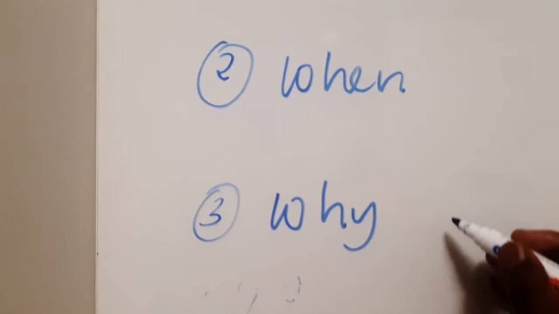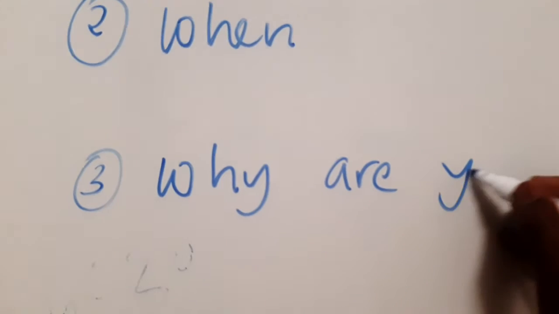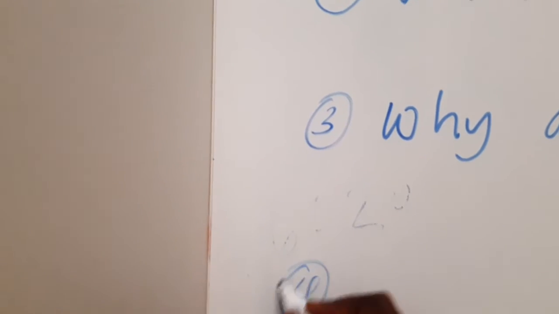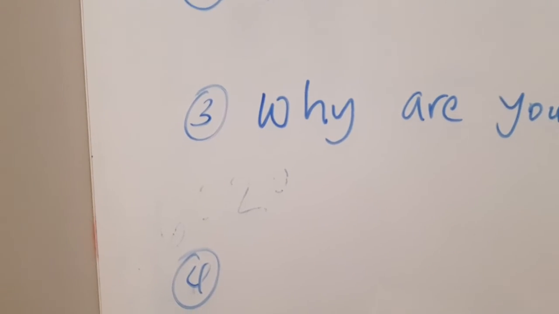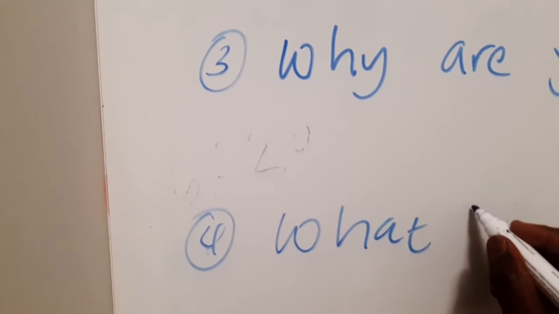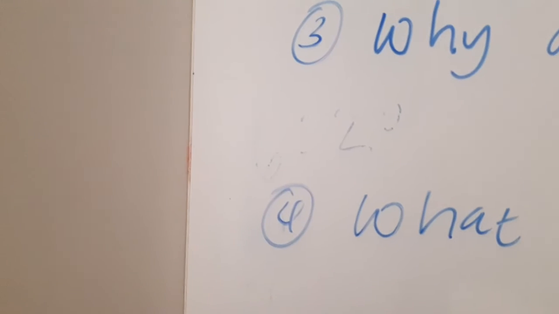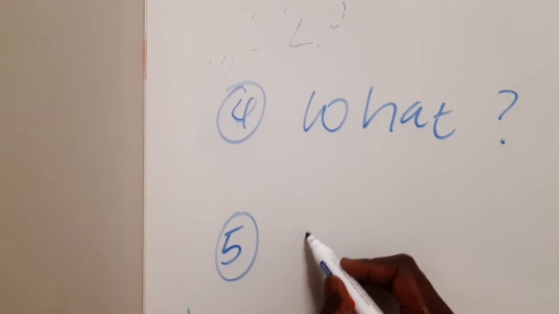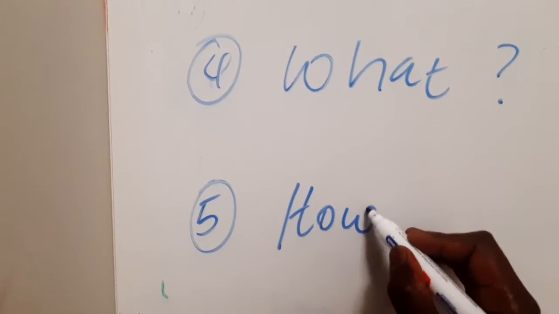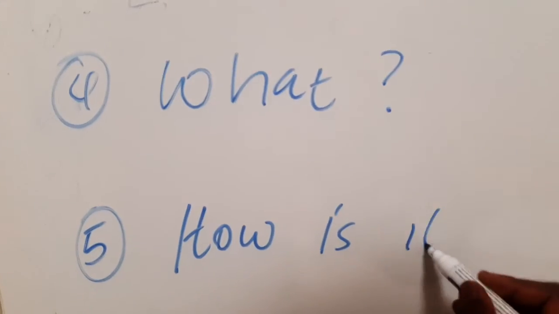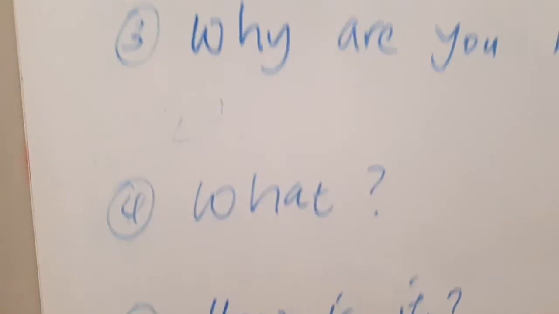So this one can be why are you nice? Okay. Fourth can be what. And lastly can be how. So this one can be how is it, for example. So okay, now let's